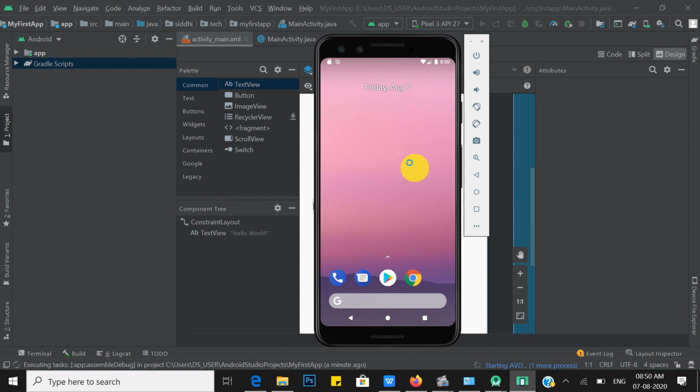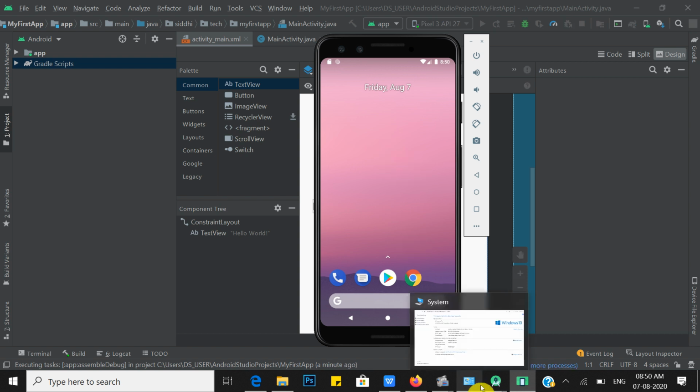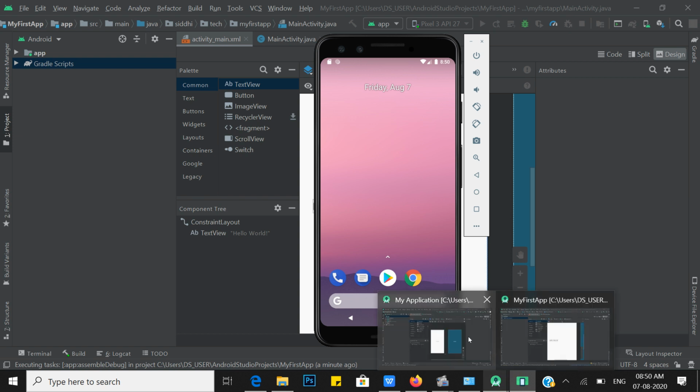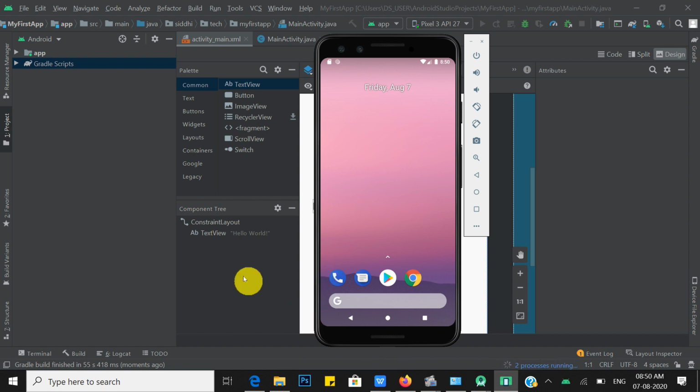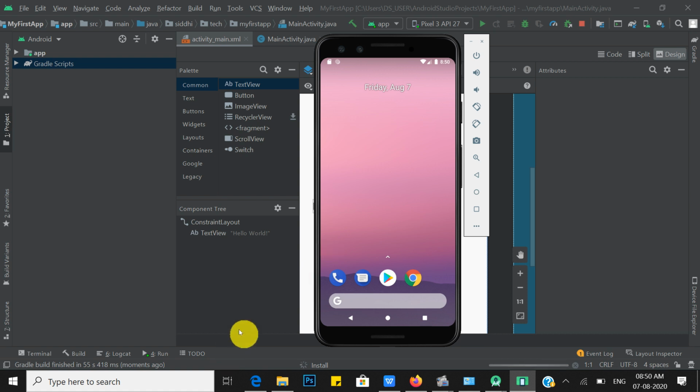It requires some time for scanning files, and there is a progress bar showing progress. So wait for one or two minutes depending on your machine's configuration. Yes, it takes time. Gradle build is running. So Gradle, all the required files are configured and installed. It requires one moment.